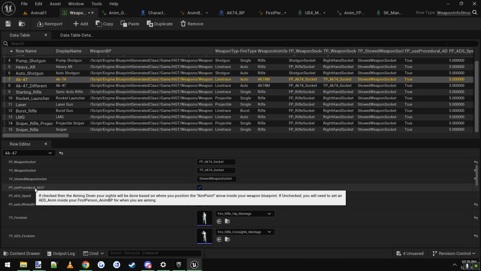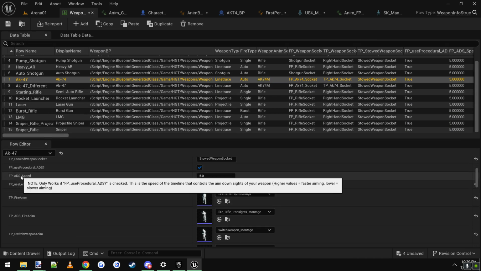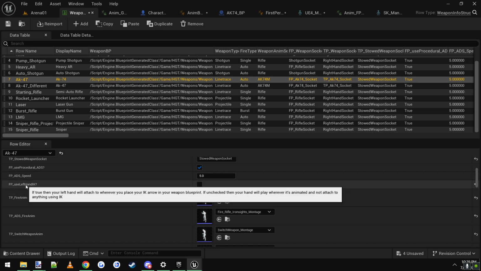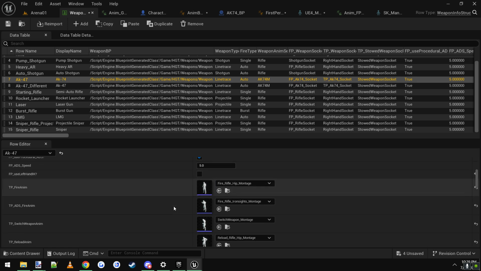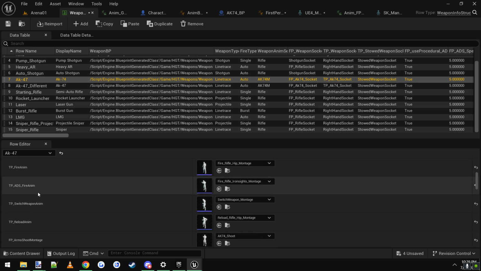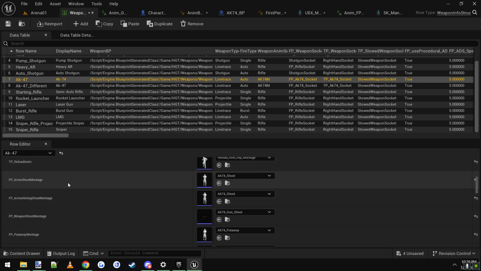Make sure you use procedural ADS. Is it set to true? You can change the ADS speed here. I'm not using left hand IK because he's got nice animations. I don't need IK, so check that to false. I'm going to leave the third person animations to default, and all we're going to add and change are these